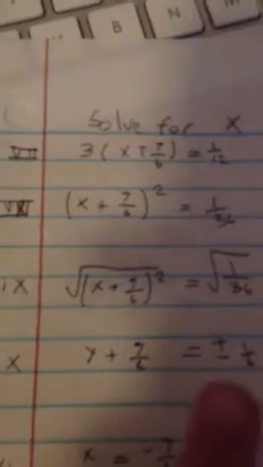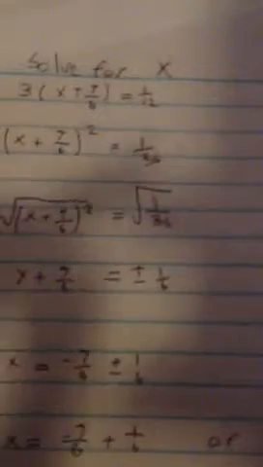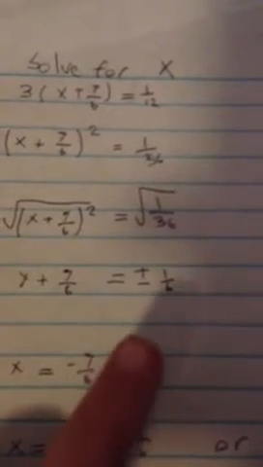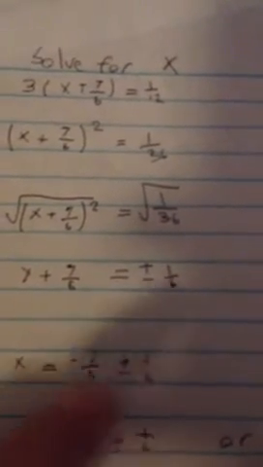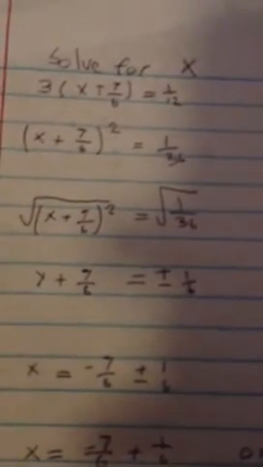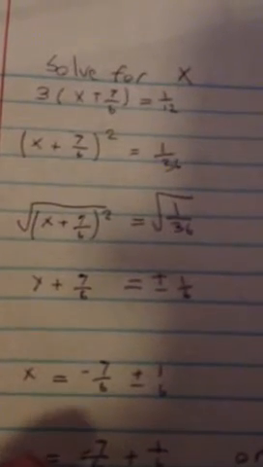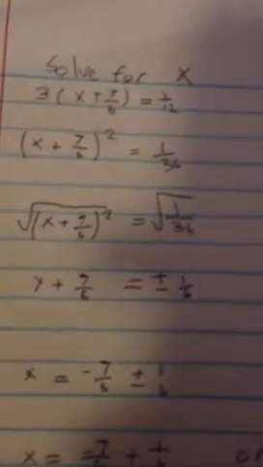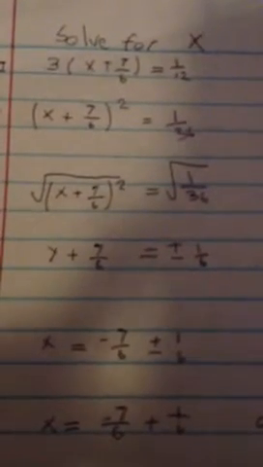And you're going to square root both sides. And this is a simpler problem because 1 over 36 simply goes down to plus or minus 1/6. And the quantity of x plus 7 over 6 squared goes down to x plus 7 over 6. So you have x plus 7 over 6 equals plus or minus 1 over 6. The next step would be to isolate the variable, giving you x equals negative 7 over 6